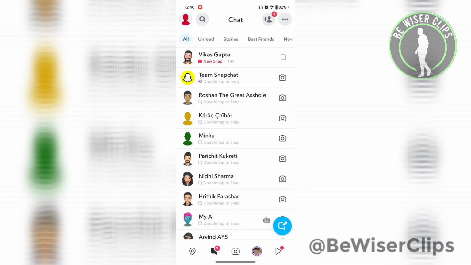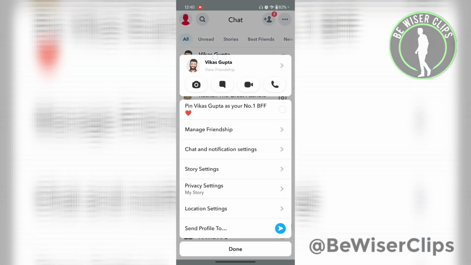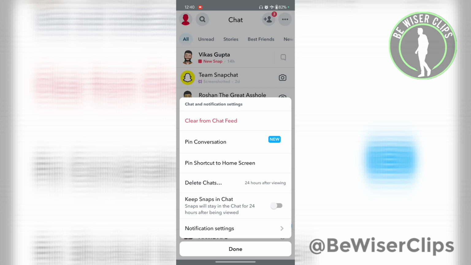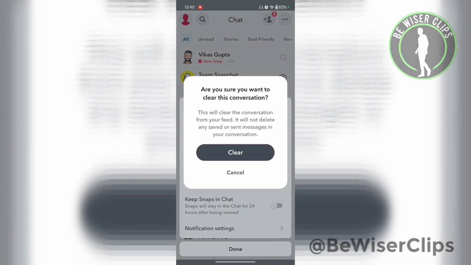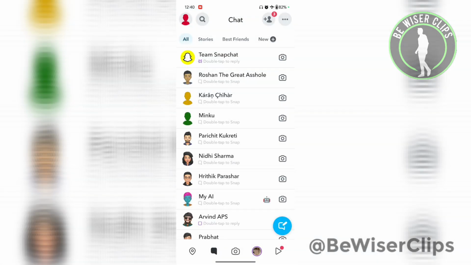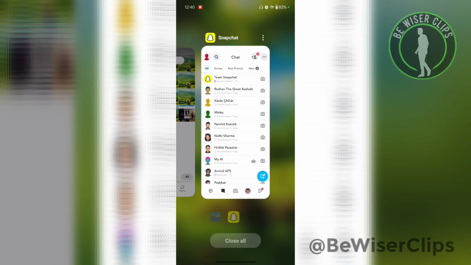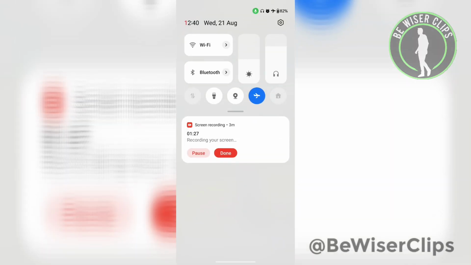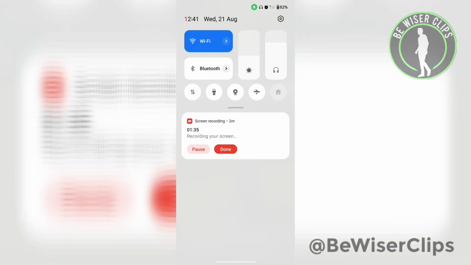Now you need to tap and hold the chat from where you have taken the screenshot. Now select chat and notification settings. Now select clear from chat feed. Now select clear. And now you need to get rid of the application, and now turn off the airplane mode